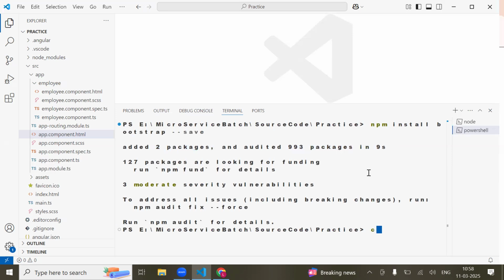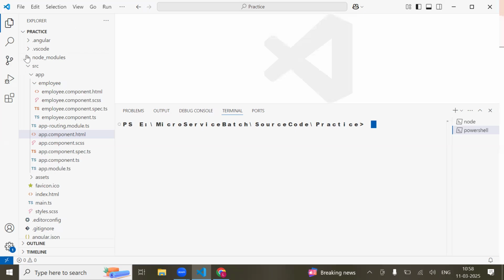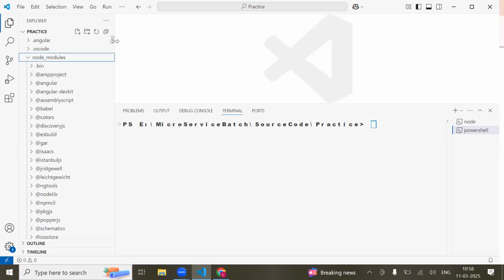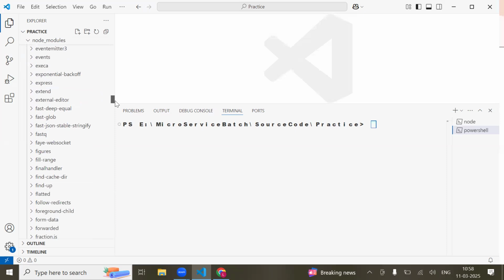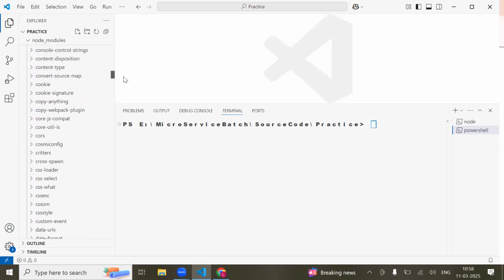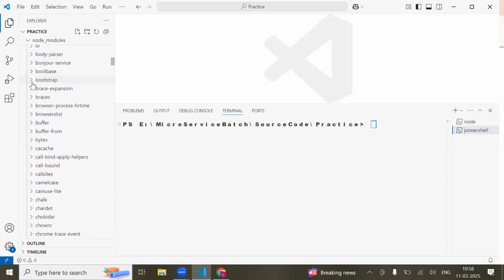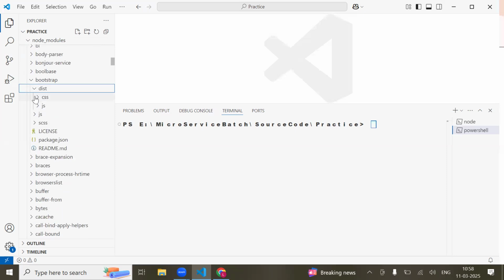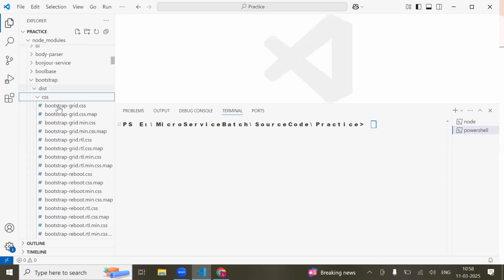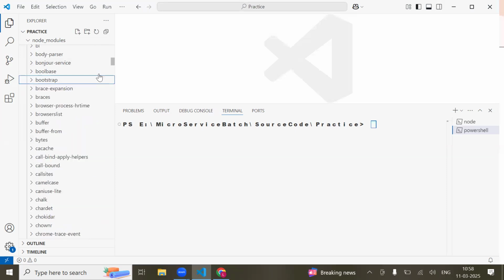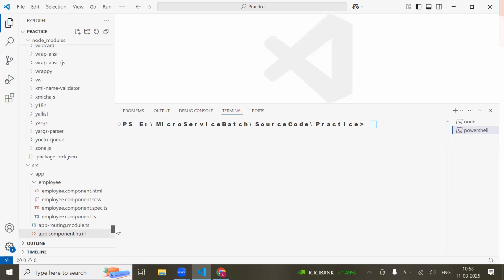Clear? Now cls. Now if you go to the node_modules, you see there is a bootstrap. There is a bootstrap, dist, css. You got a Bootstrap? Say yes or no? Pratibha? Yes. Sir. Okay, now what you need to do, in the